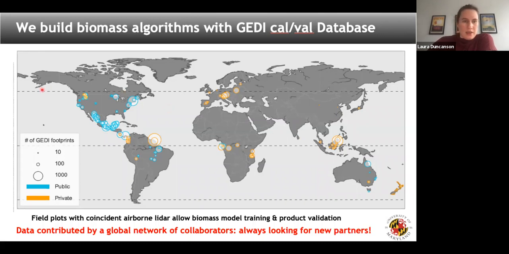You might also see that there's this dotted line here, and we don't have any data from sort of up in the boreal, a few little places in Europe, but not much. That is simply because the GEDI mission on the ISS doesn't go over the poles. So we haven't been prioritizing places where we know that we're not going to be making a product. So we're really focusing between about 52 degrees north and south for our model development.